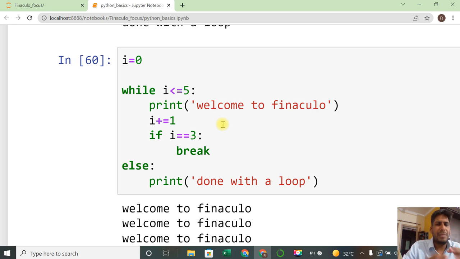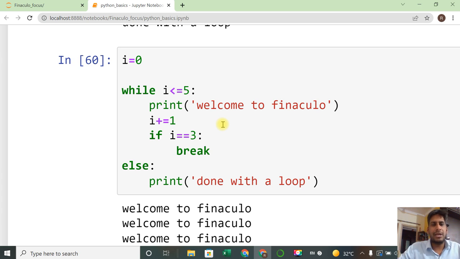In the sense, a while loop is mainly used when you like to do something continuously. You like to repeat something continuously, like you would like to keep this camera on till you press escape. Those are the situations where we use a while loop. When we go with computer vision, at that time we use this while loop. Even in a try except block, for example when I need to take some input, then also we use this while loop. We will show where exactly we apply a while loop.